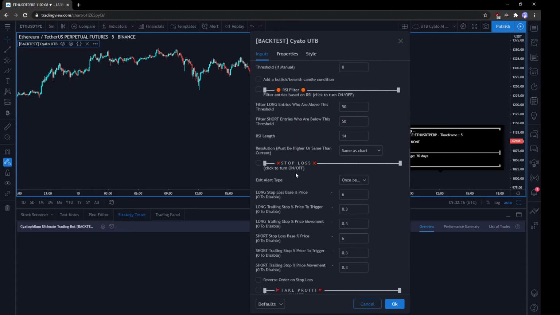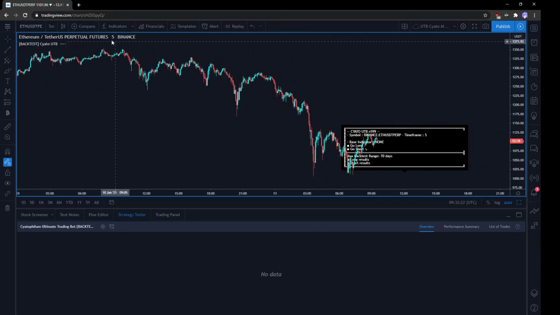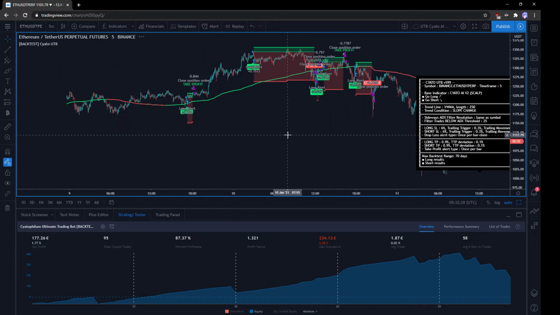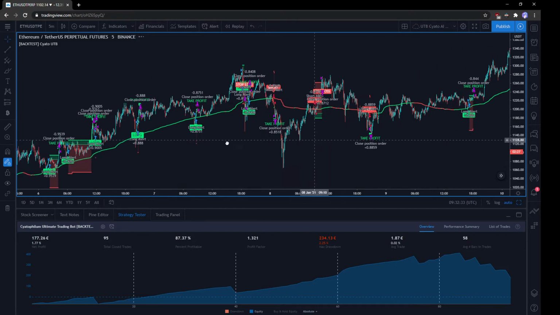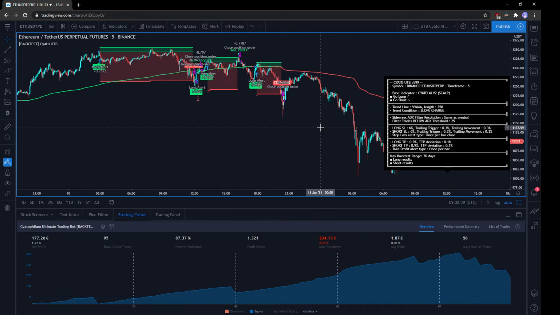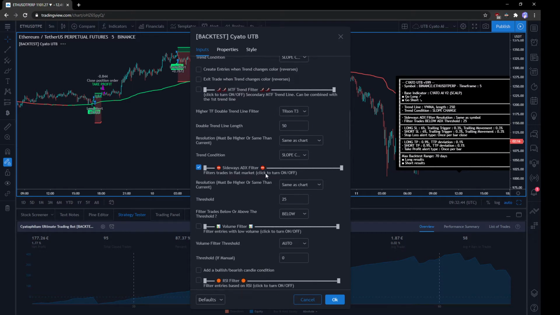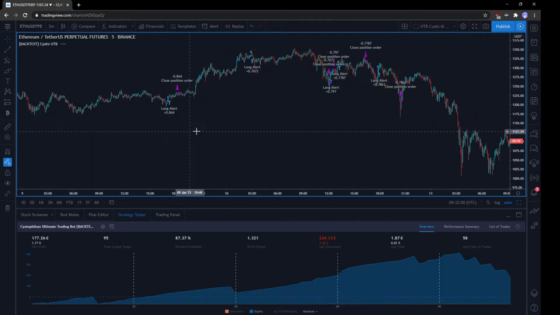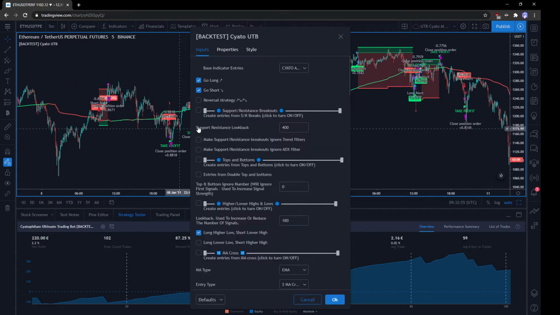Right. Okay, so it's not that great. It's correct, but we can do better, I think. So just changing the length a bit just to see if we can make it a little more responsive. So it's a bit better. It's a bit better, but